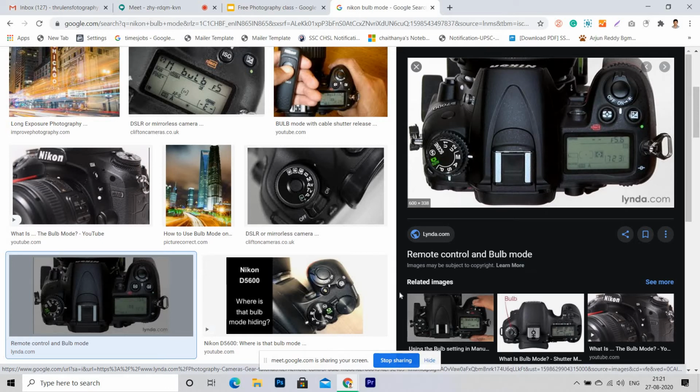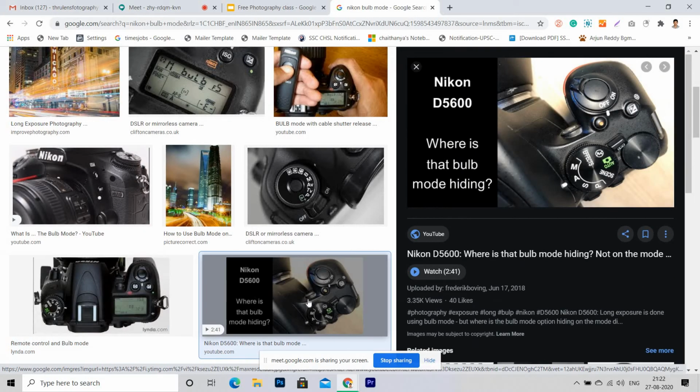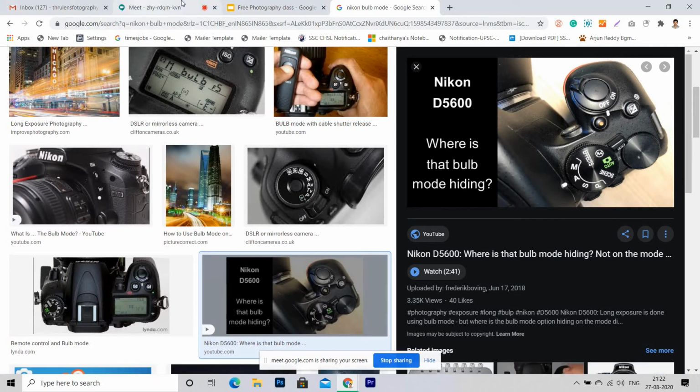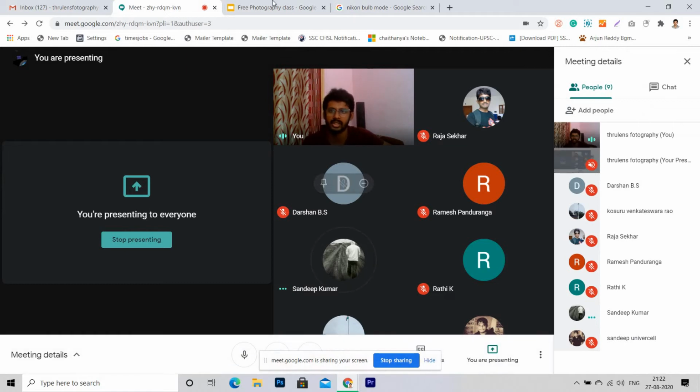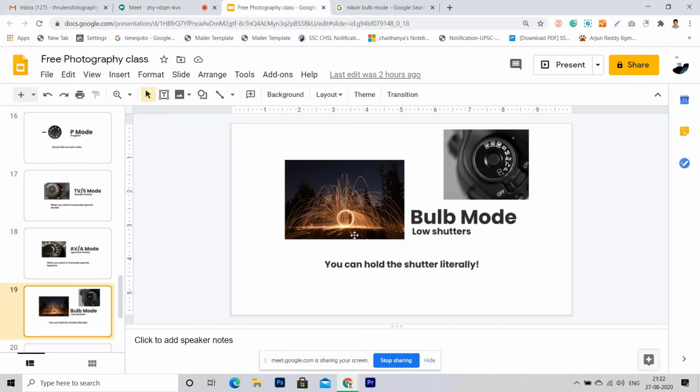Basically, maybe in some cameras it is not there. Then you should go for... Where is that mode hiding? Okay, I'll just explore about this, and I will surely tell you about it. But basically, this is meant for long shutters. For example, in manual mode, if you